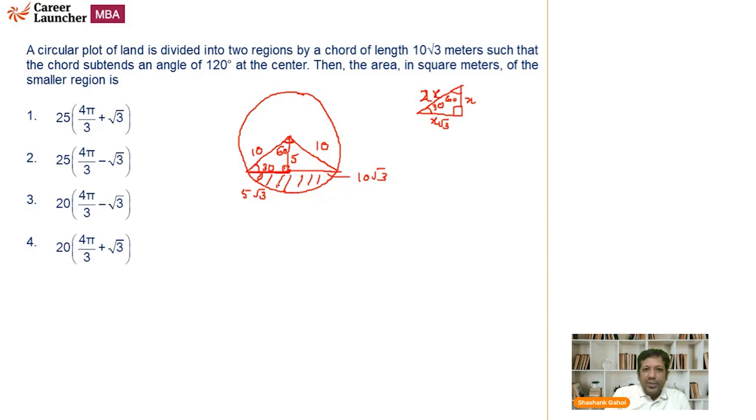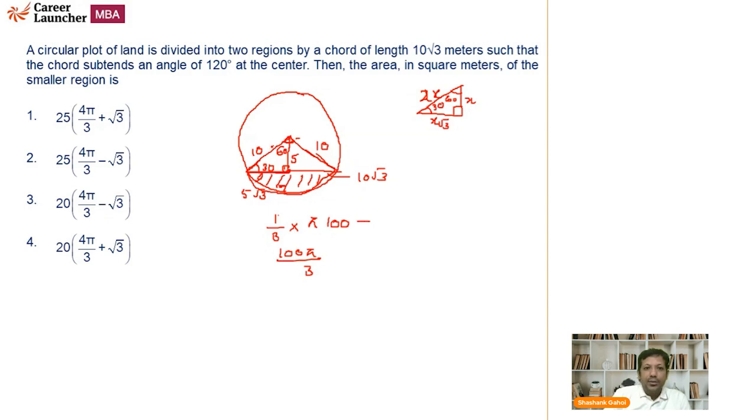So I need to find this area. How can we calculate this area? We can just calculate the area of the total sector minus this triangle, and we'll get the answer. So what is the sector area? That is theta by 360, meaning 120 upon 360, that is 1 by 3, into pi r square, that is 10 into 10, 100. So this area becomes 100 pi by 3